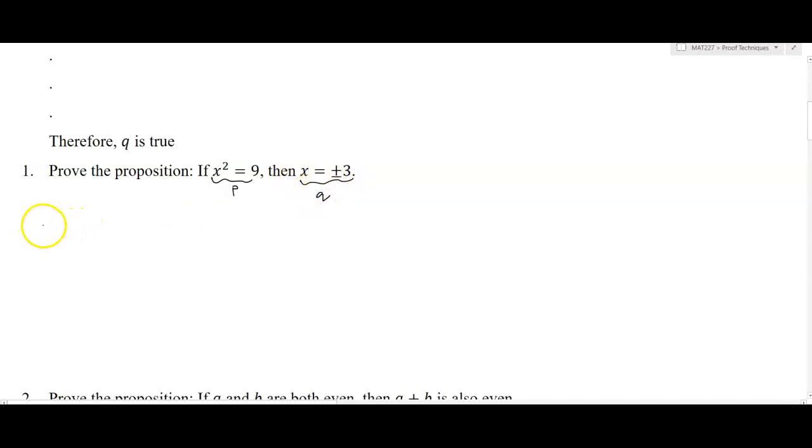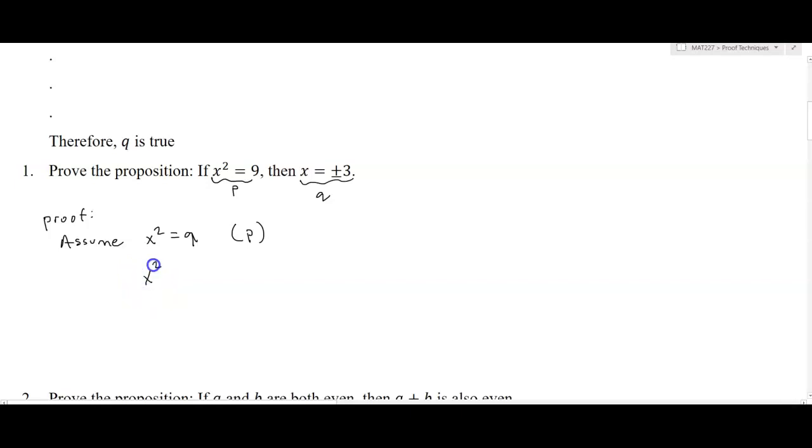So the first thing we're going to do is, you usually say something like, here's the proof. So assume P is true, okay? So if P is true, that means assume x squared is equal to 9. So we basically assumed P. Okay, well now I want to somehow be able to conclude that x is plus or minus 3, but I just can't say, look, x is plus or minus 3. I'm going to have some sequence of logical steps that allows me to arrive at what x must be. So when you assume x squared is equal to 9, well then it makes logical sense to say, oh, you know what, that's an algebraic equation.